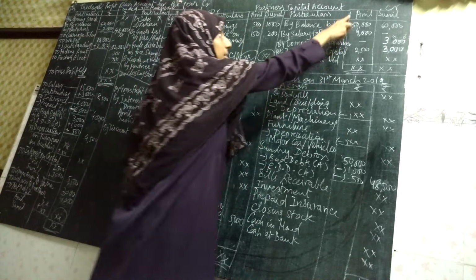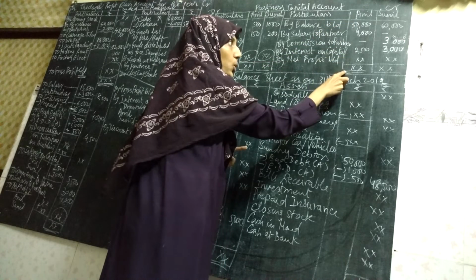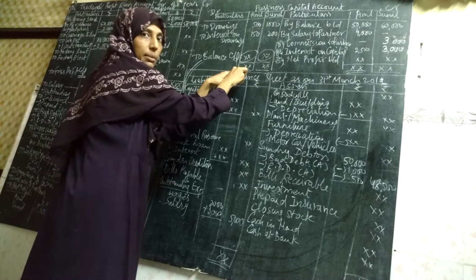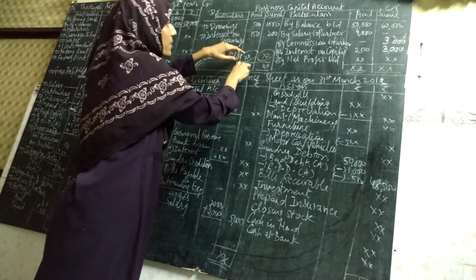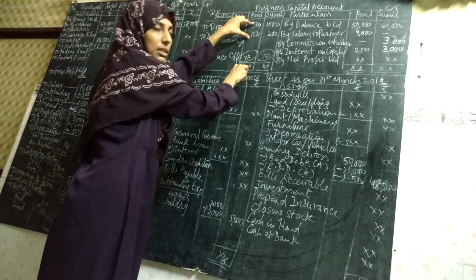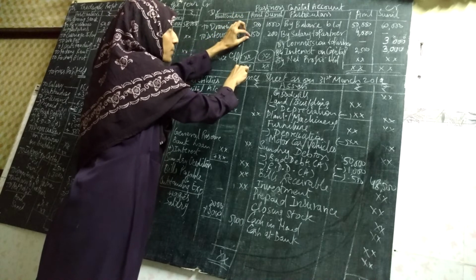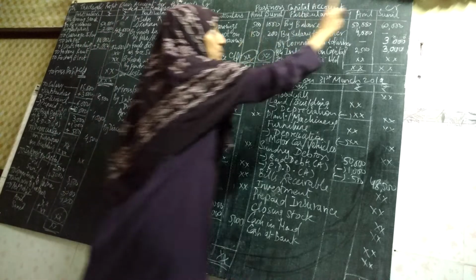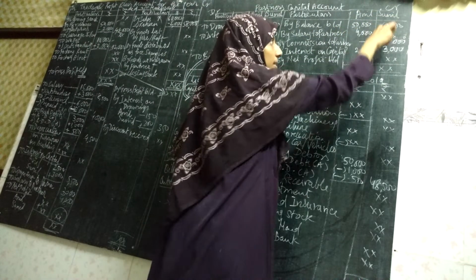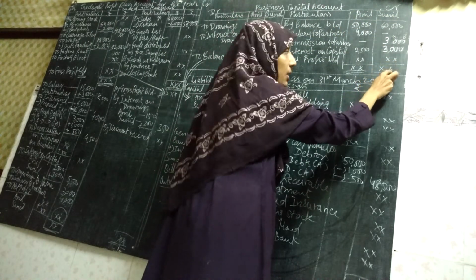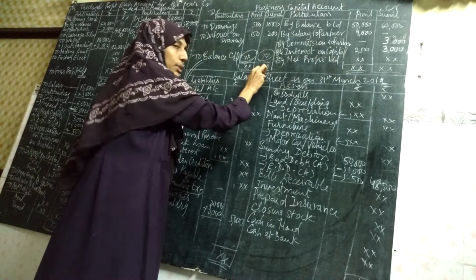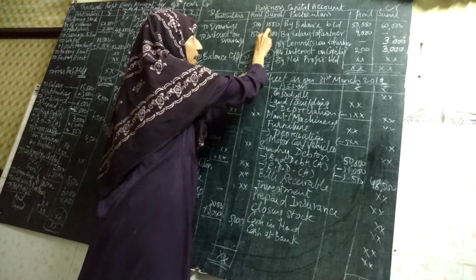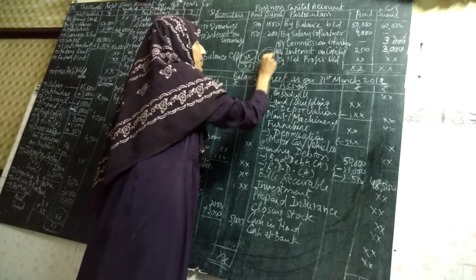We close Anil's capital account first. You will take the total and bring the total in the debit column of Anil's capital account. From the total, you will minus the above two items, and then you will get some balance. Then you will close Sunil's account. On the credit side, you will take the total of Sunil's account. The same total will be brought on the debit side. From the total, you will minus the above two items. There again, you will get some balance.